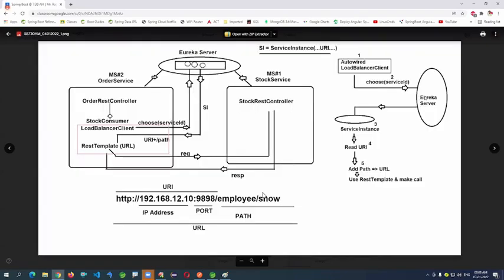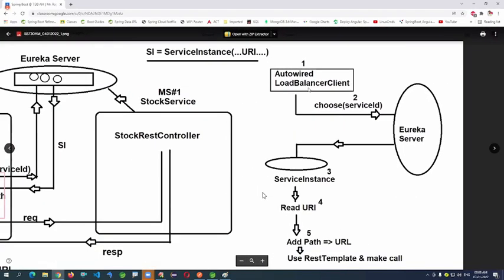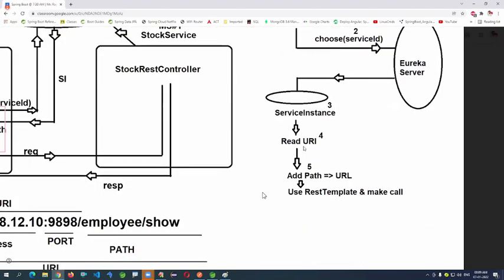It will generate code like this internally. Autowire the load balancer client, call the choose method with a service ID. It will go to Eureka and try to fetch an instance that has a lower load factor, read the URI, add the path, use RestTemplate and make the call.